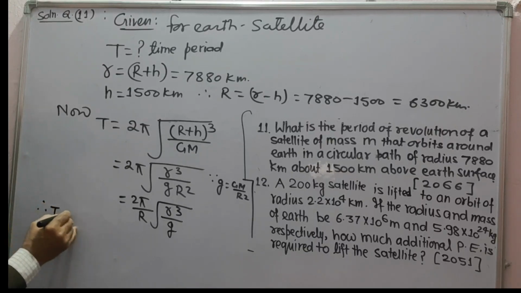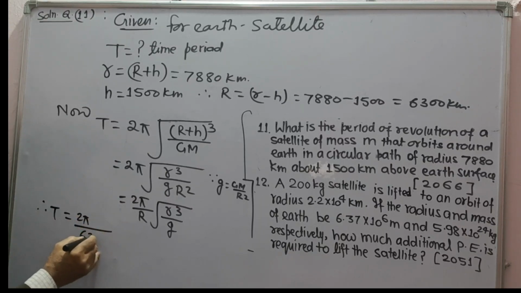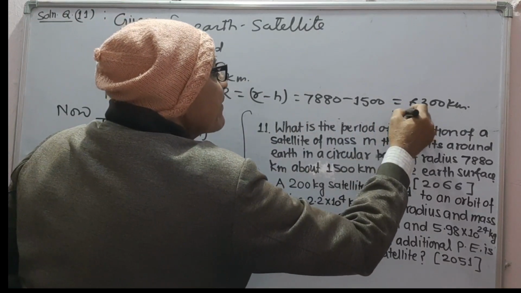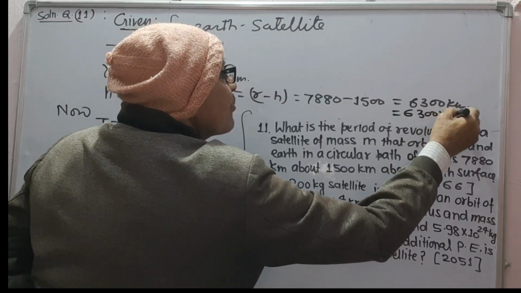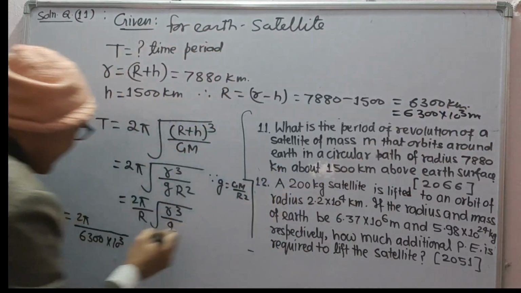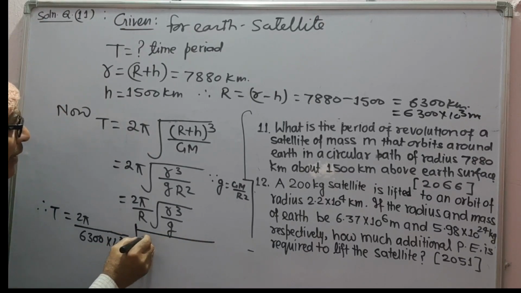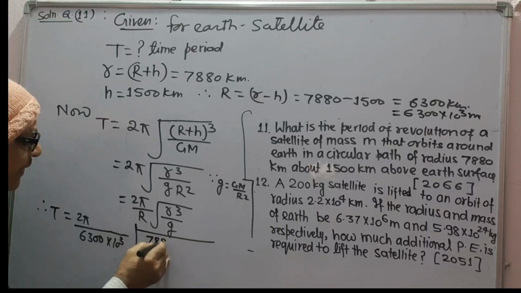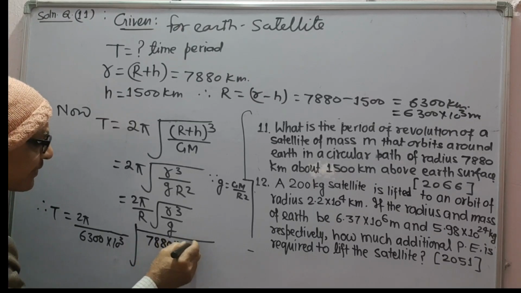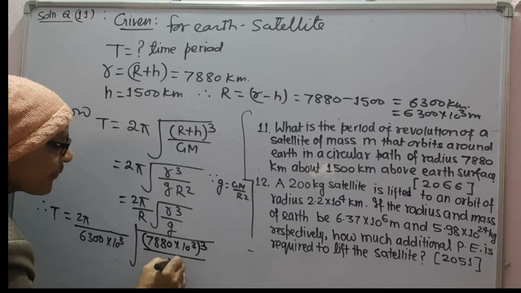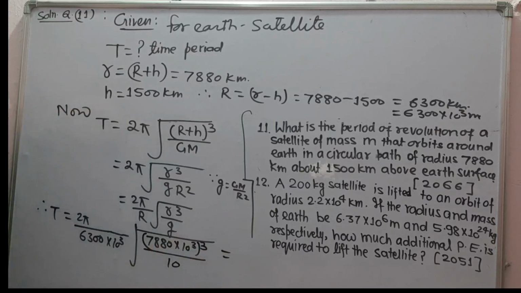Therefore, T will be equal to 2π upon 6300 kilometer, means 6300 into 10 to power 3 meters, into 7880 kilometer, means 10 to power 3 meters, cube upon 10,